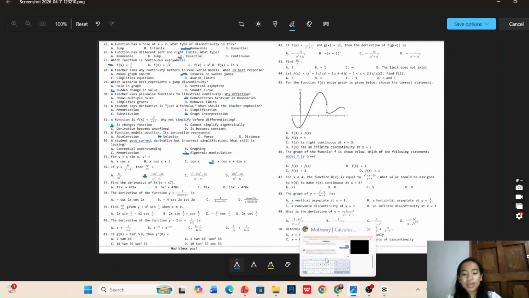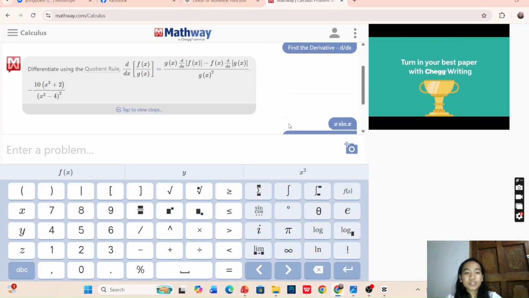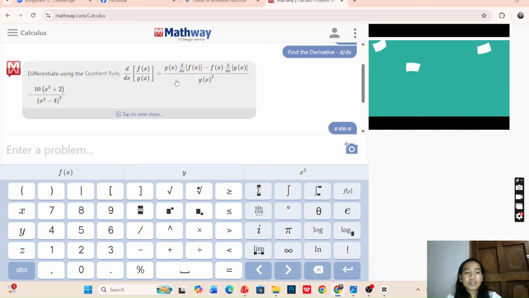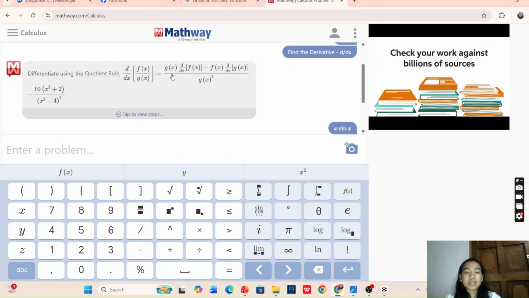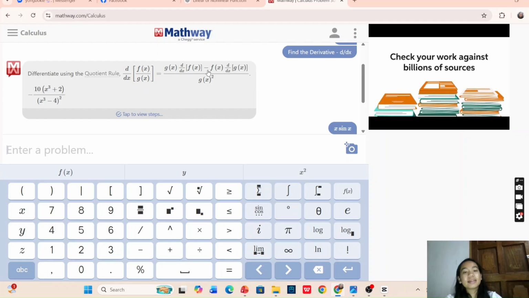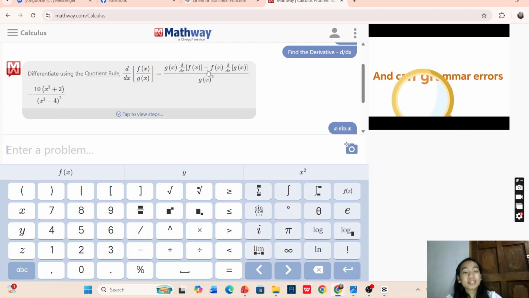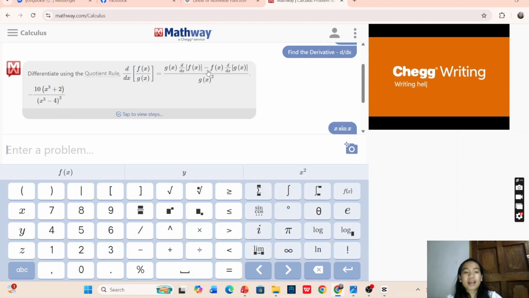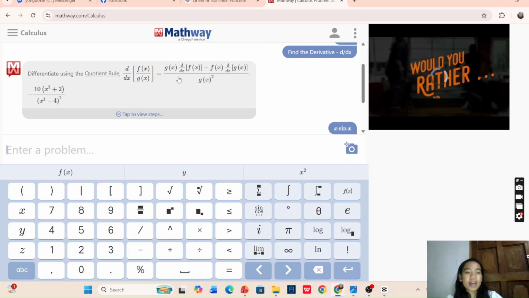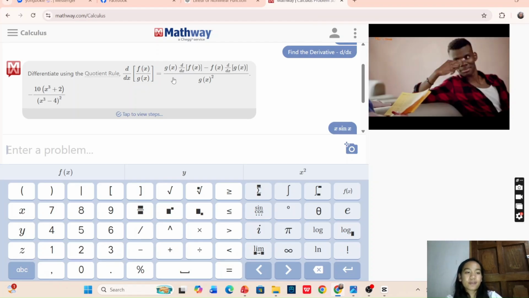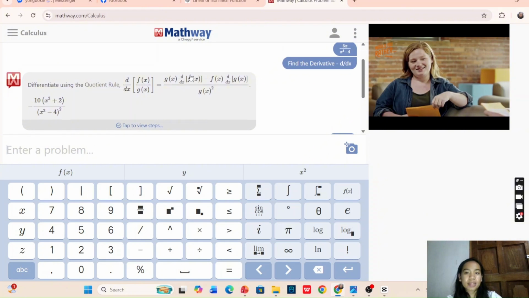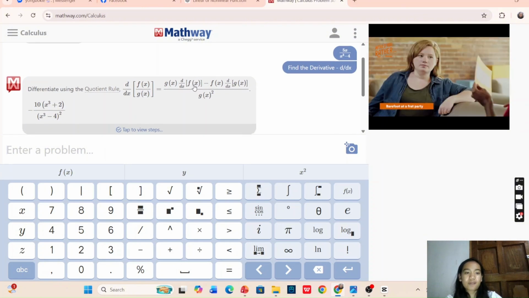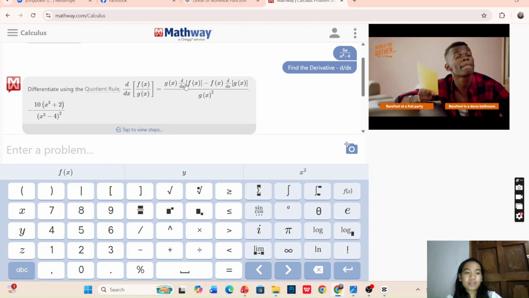We are just simply applying the division rule for derivatives, which has the formula g of x times the derivative of f of x minus f of x times the derivative of g of x, all over g of x squared. So we will just simply substitute the g of x and then find the derivative of f of x. Our f of x here is 5x, so that is 5. Therefore, that is 5 times